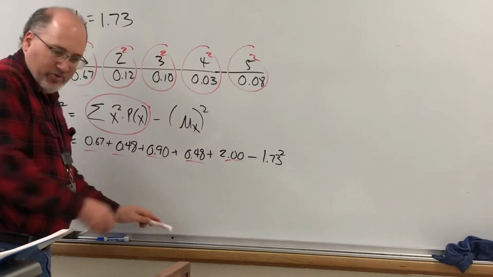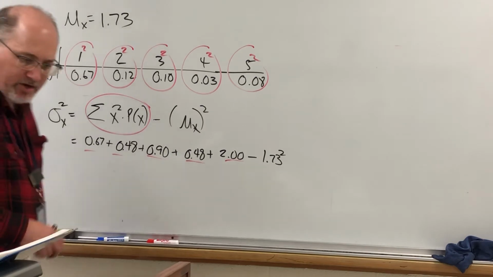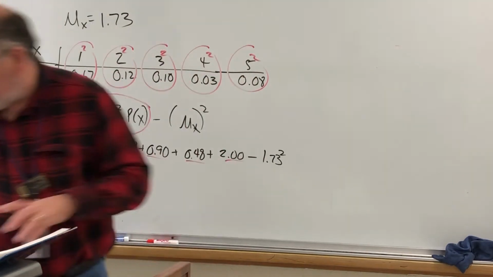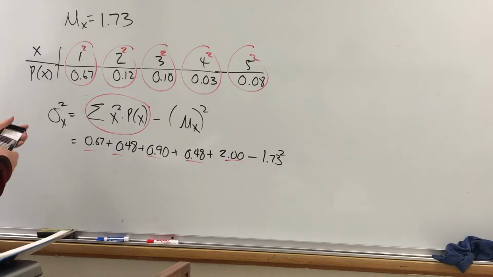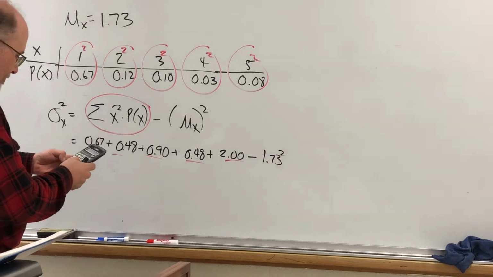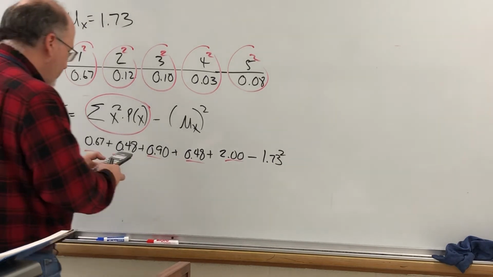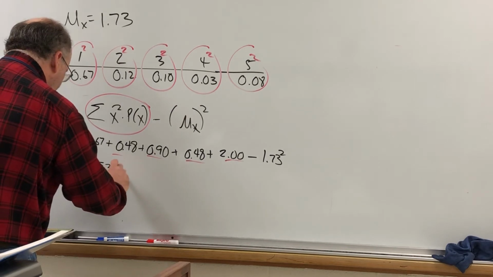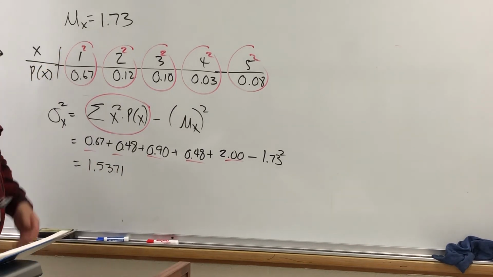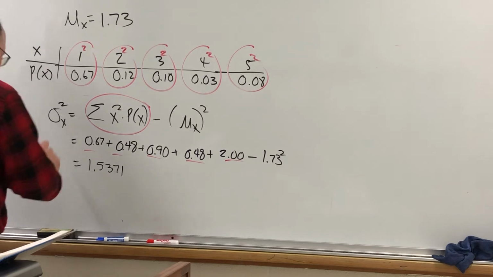So whatever this equals should give us our variance. I know I have a calculator here somewhere. Here we go. All right, 0.67 plus 0.48 plus 0.90 plus 0.48 plus 2 minus 1.73 squared. This is equal to 1.5371. And I don't remember if that's the answer that you had sent me a picture of, but it wouldn't